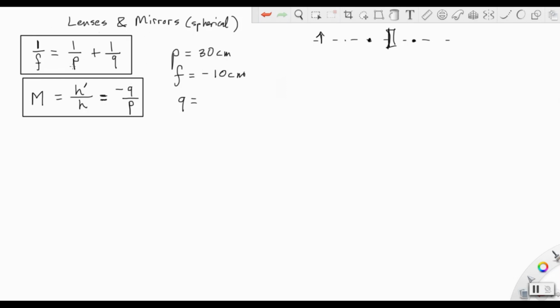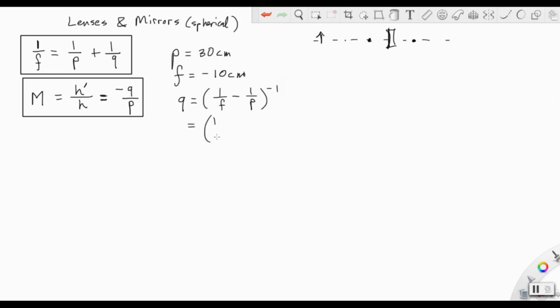Now, sometimes you're going to be asked to solve for P. Sometimes you're going to be asked to solve for the focal length. So far, all we've done is solve for Q, but it's the same equation, just different algebra, right? So again, we can go through the process of subtracting out 1 over P and then taking the flip. So 1 over F minus 1 over P, to the negative 1, is going to be